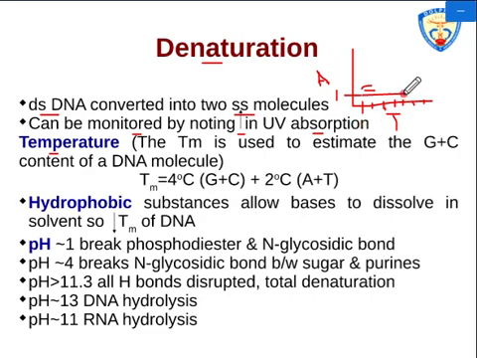Above about 82 degrees Celsius, depending upon the GC content of the DNA molecule, the absorbance value will increase. And there is just a range of 6 to 8 degrees Celsius where the rise can be seen. So if it starts say around 83-84 degrees Celsius, you will find this rise up to 89-90 degrees Celsius, and then again this will become a constant value. So this rise, here you have a double stranded DNA completely, here you have a single stranded DNA completely.